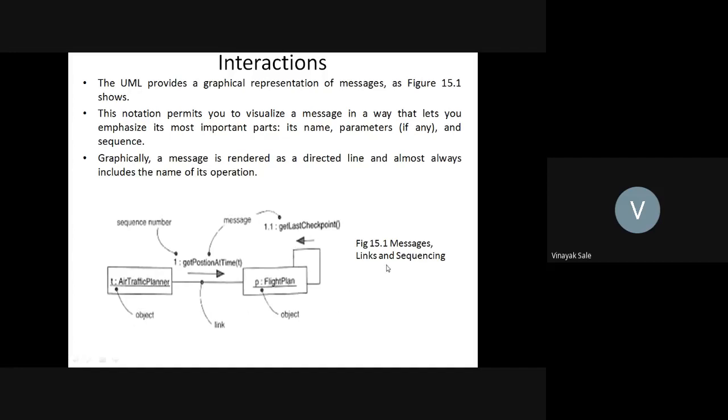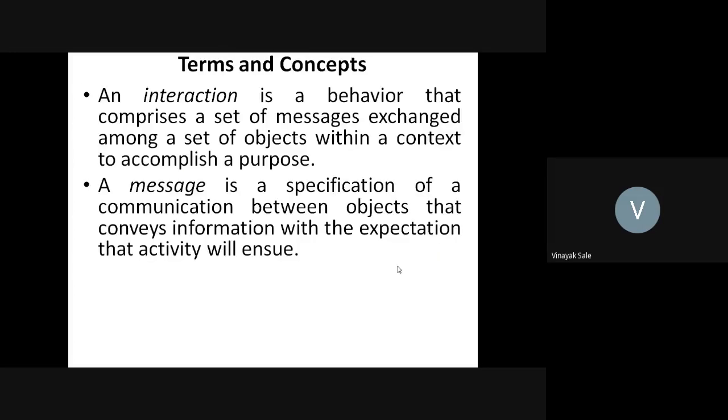So this is links and sequencing. Every object has a link from one object to another object for sending a message, and every message has a sequence number. So, what are the terms and concepts regarding the interactions? An interaction is a behavior that comprises a set of messages exchanged among a set of objects within a context